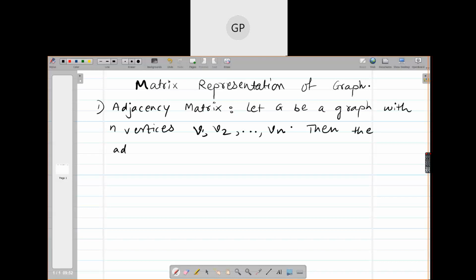Here we do not require the names of the edges, but we just require to know which vertices are adjacent. Then the adjacency matrix AG of G is an n cross n matrix in which